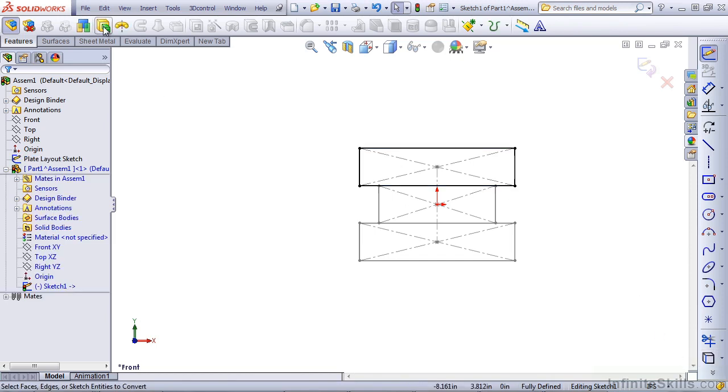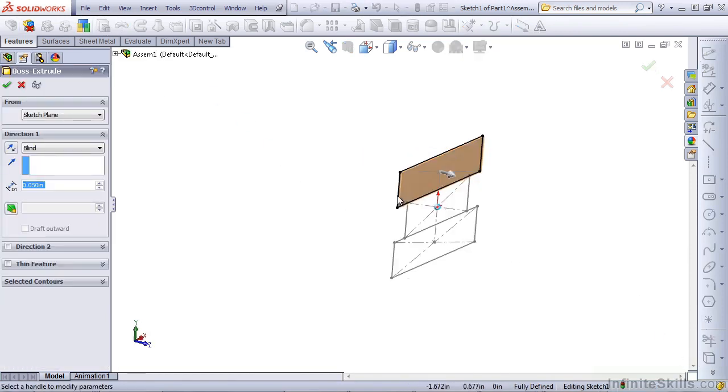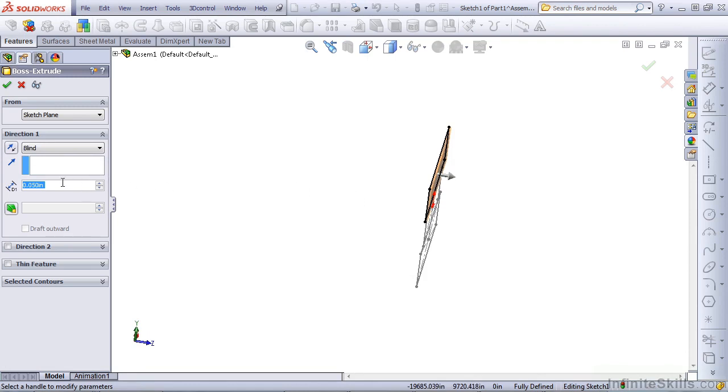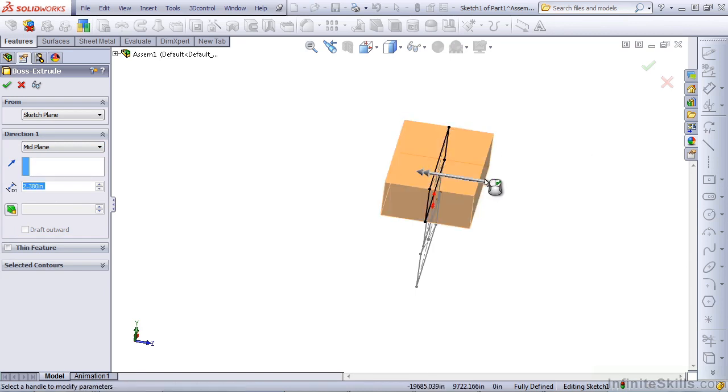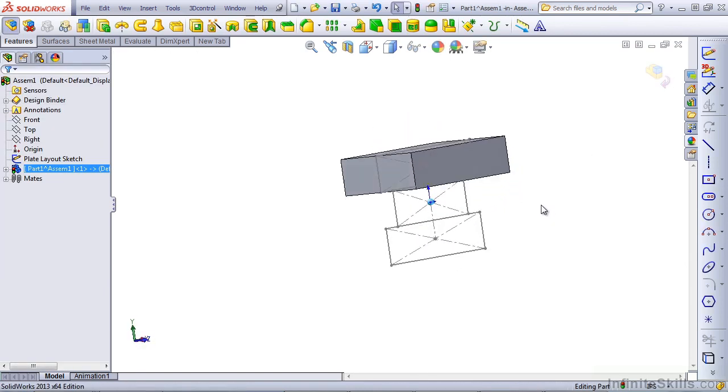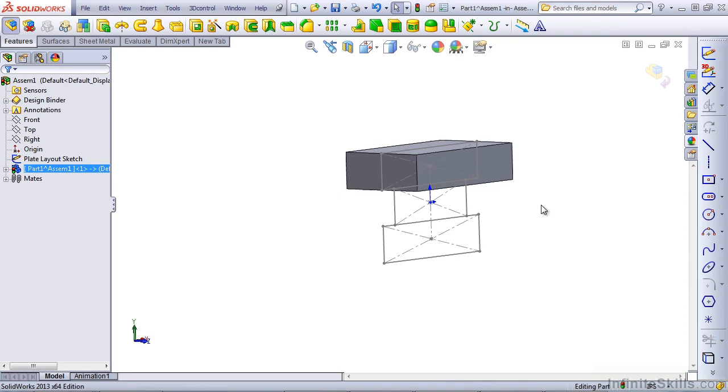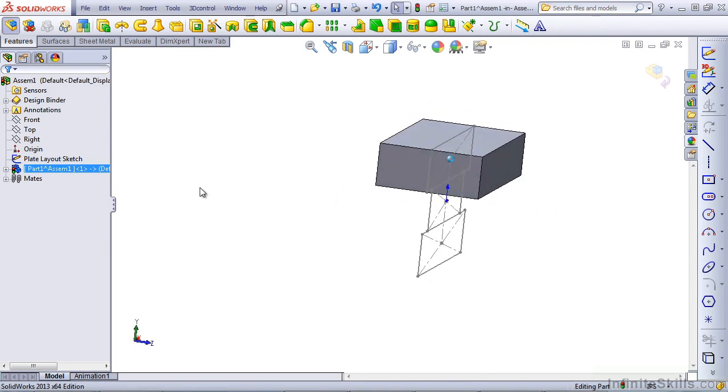And from here, I can extrude to a certain width. This is where the third layout sketch came into play. In this case, I don't have anything controlling the depth of that extrusion. But in the mold layout assembly, there was another sketch that controlled the depth. Now I'll exit the edit part mode,